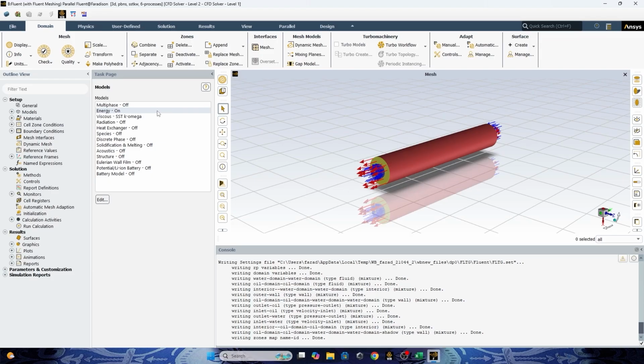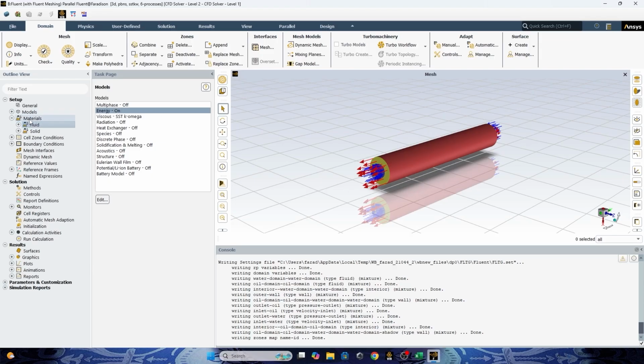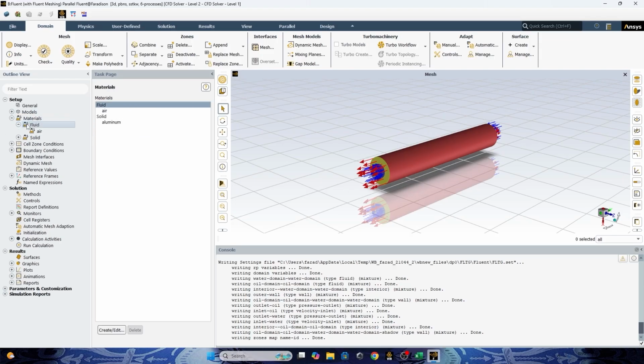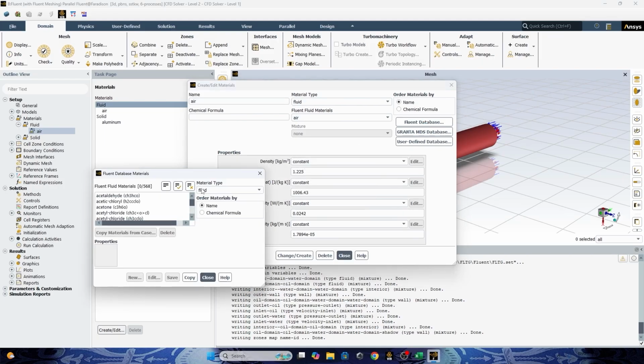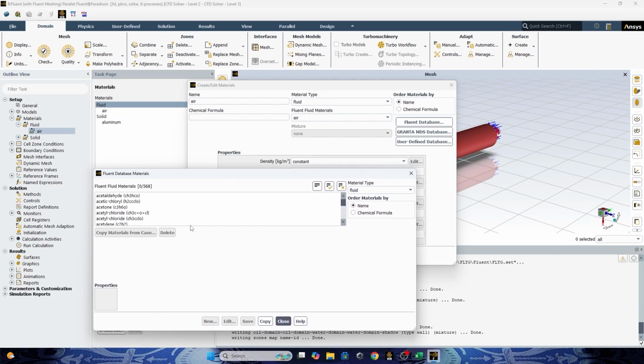Okay. For that, go to the material to define what kind of fluid you will use. Before, we used water liquid and engine oil.